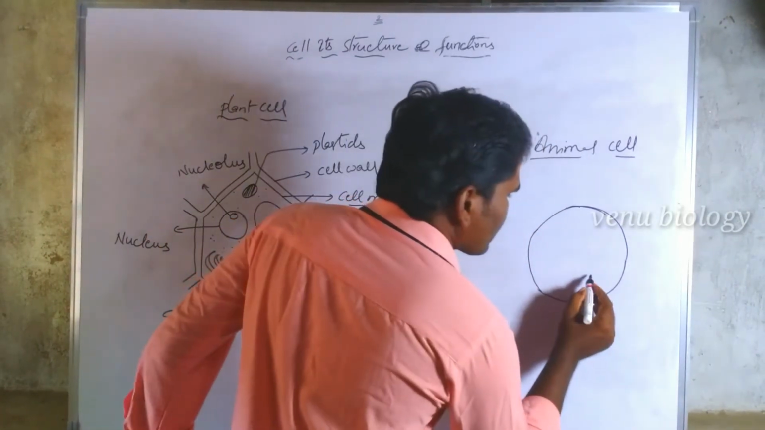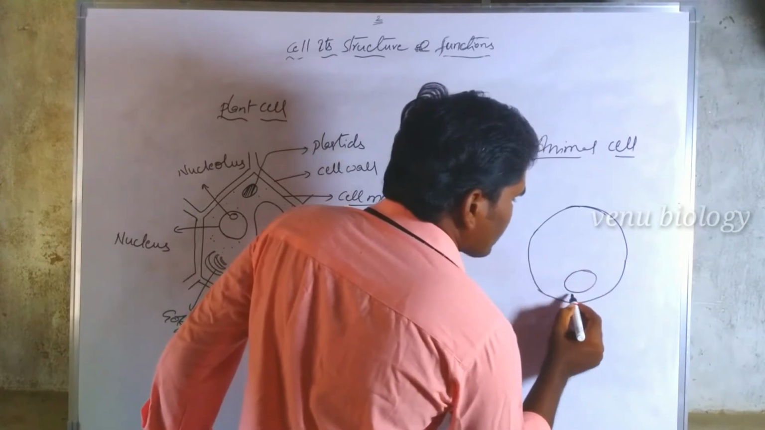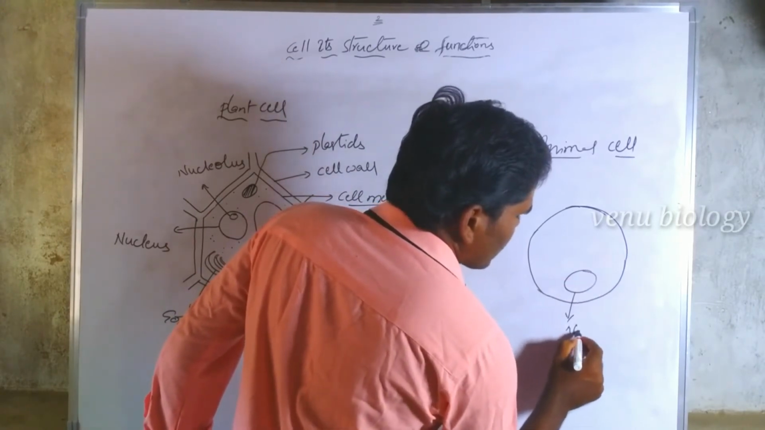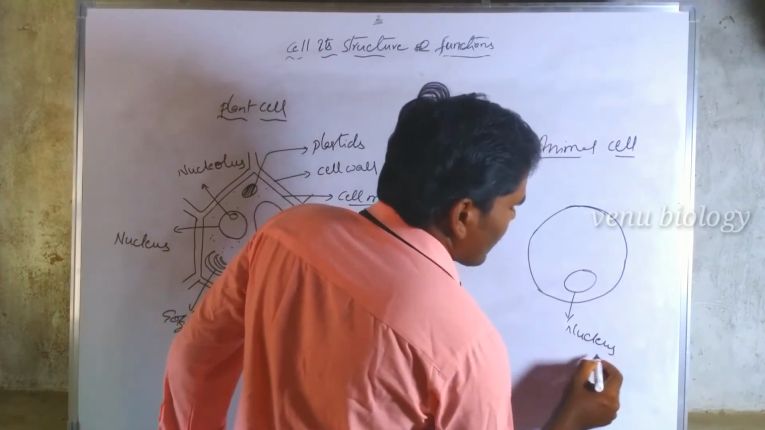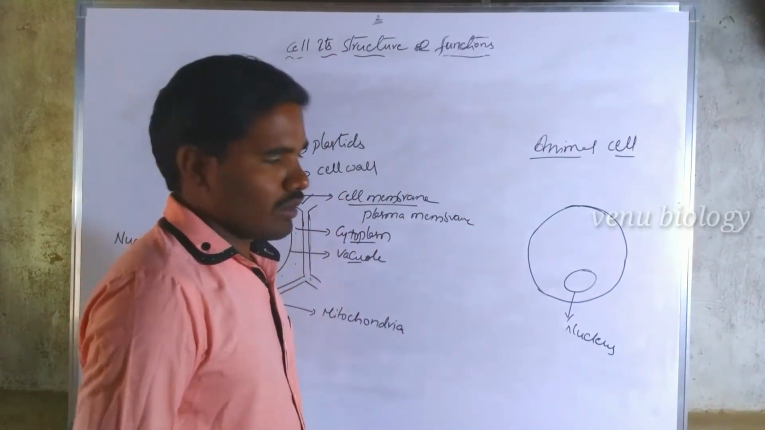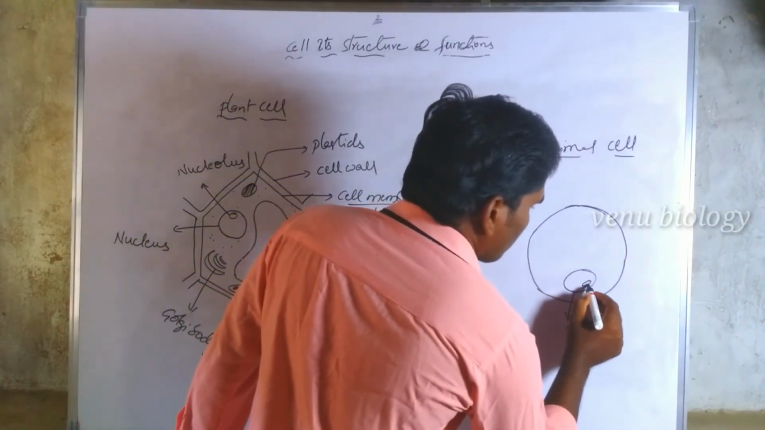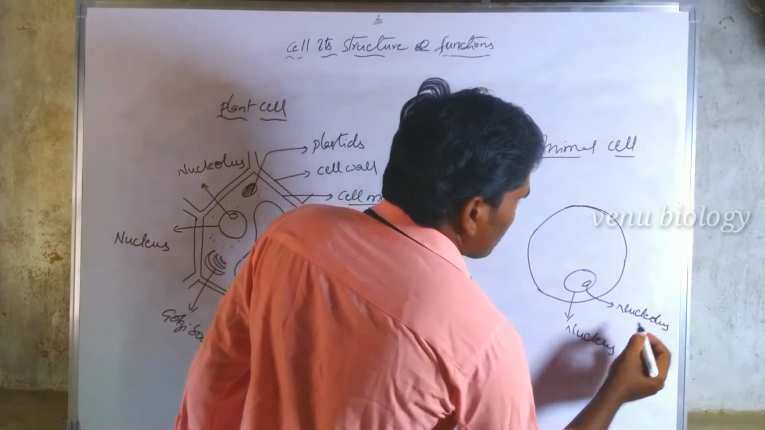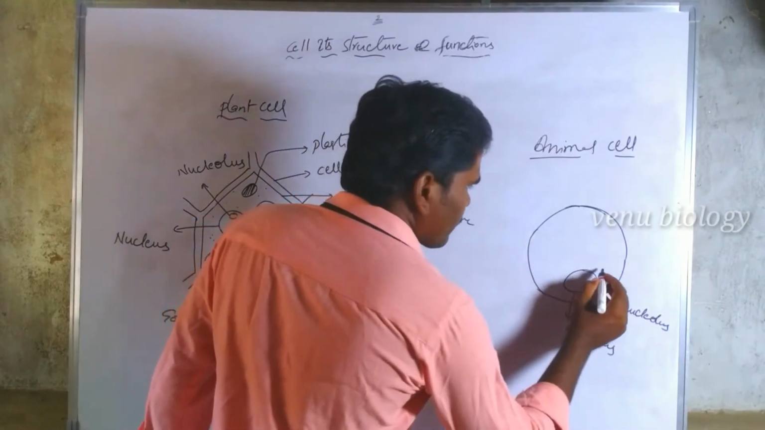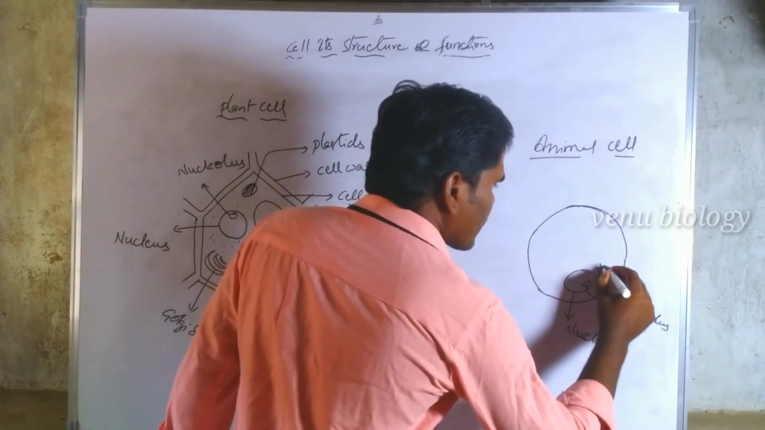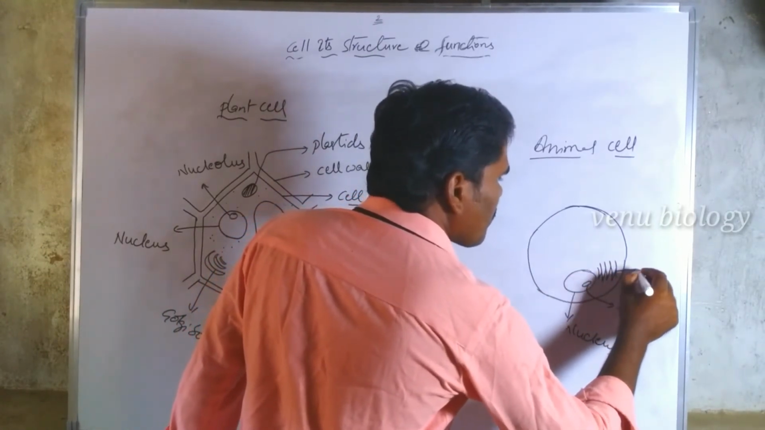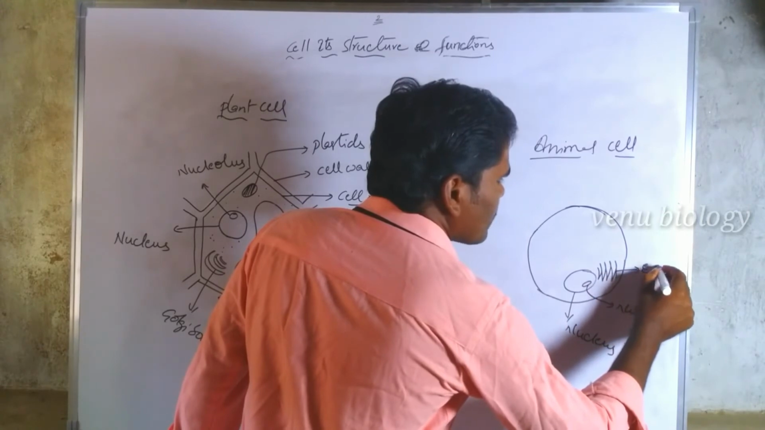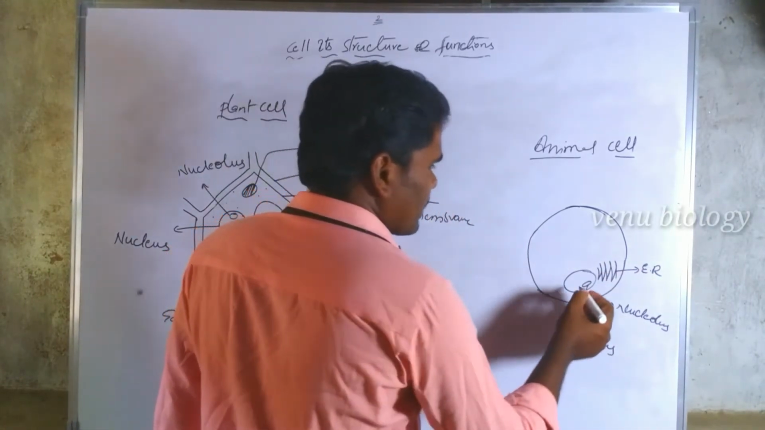They have the central dark body, that is the nucleus. Nucleus is present in both plant cell and animal cell. Okay, they have another dark body, that is the nucleolus. This is the nucleolus. They have the network-like structure. This is the endoplasmic reticulum. Endoplasmic reticulum is present in the